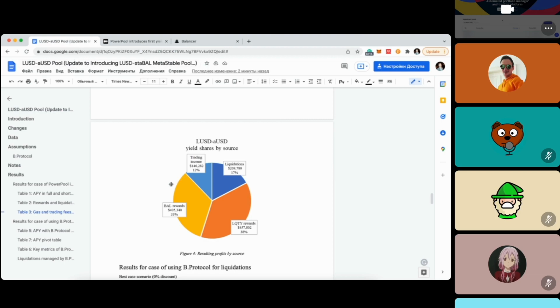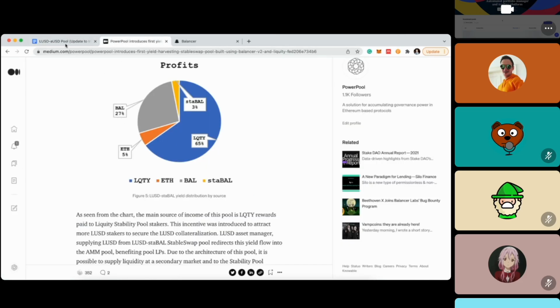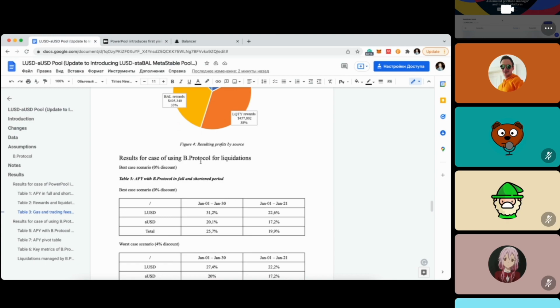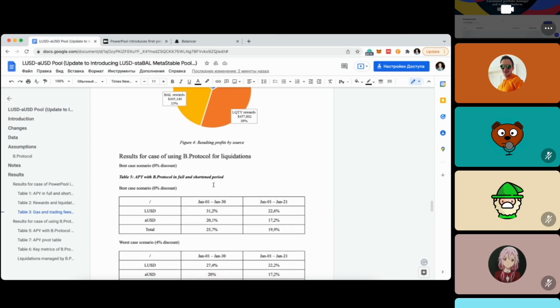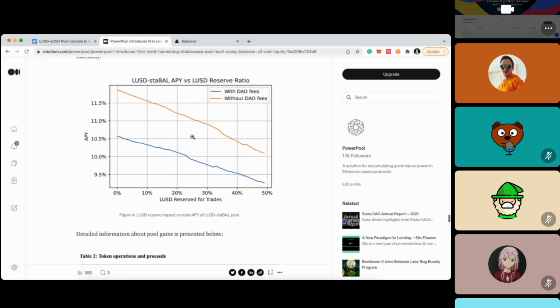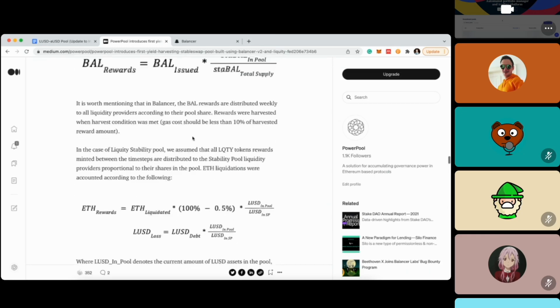In this case, it was much bigger. Liquidity rewards decreased 38%, and trading volume income was also impressive. And liquidations took a much bigger share than here. It was 17%, and here it is only 5%, which means more than 3 times bigger. We also modeled the B protocol usage, and we were impressed by what we can get here. Of course, this 4% discount decreases the APY a little bit, but anyway, even if all these liquidations are on our own, as in this model,